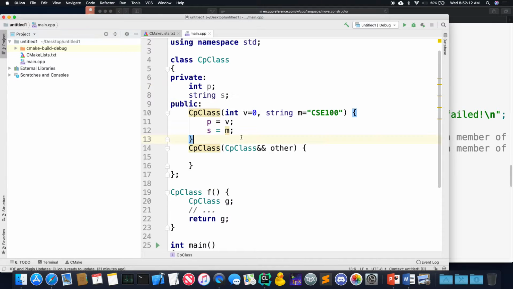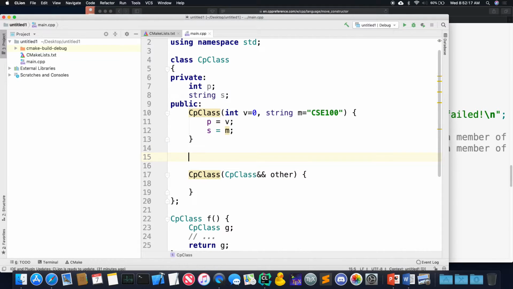I didn't even come up with that example. It just worked perfectly. But think about this one. What did the copy constructor take? Not the move constructor, the copy constructor. Well, think about it for a second. If I want to take this object and I want to copy it over to here, should I modify the original, a completely independent copy? No, I don't want to modify the original. So by convention, the copy constructor,